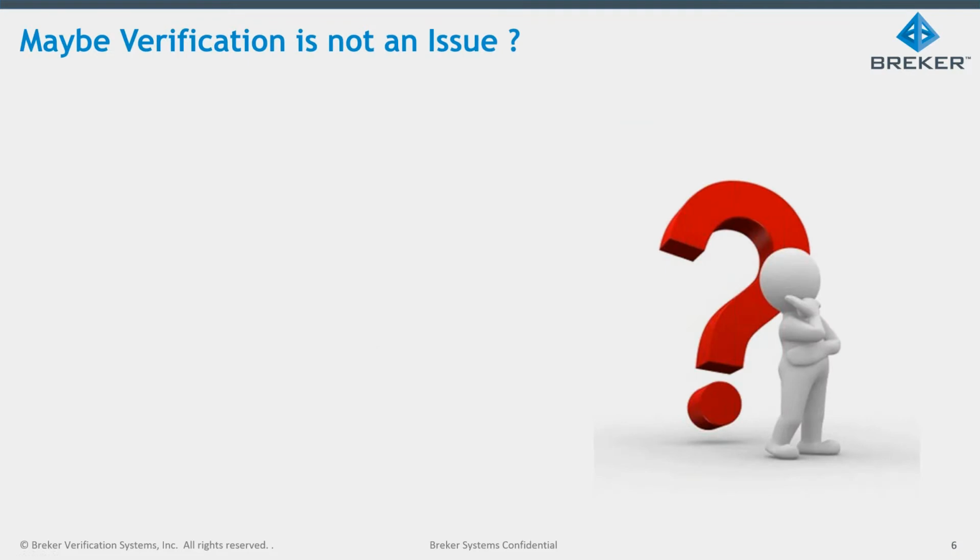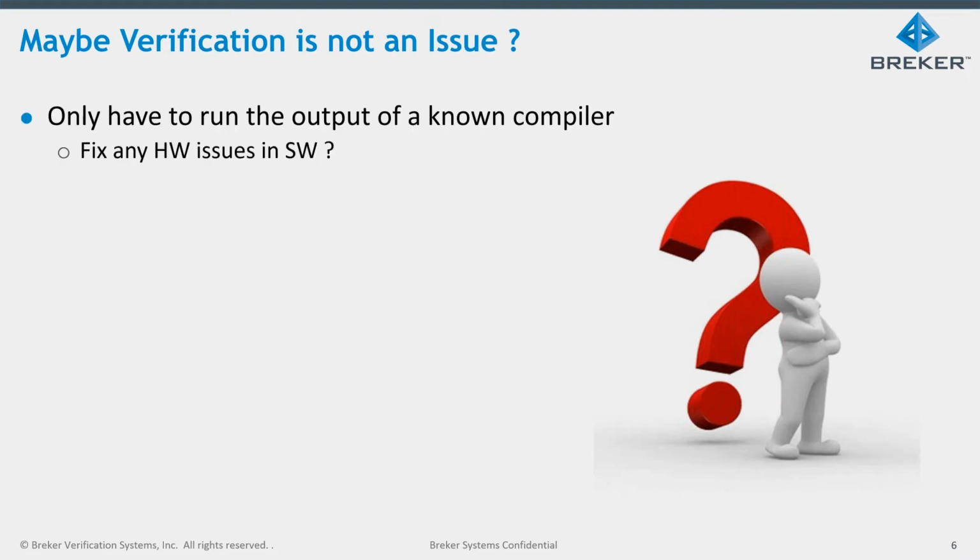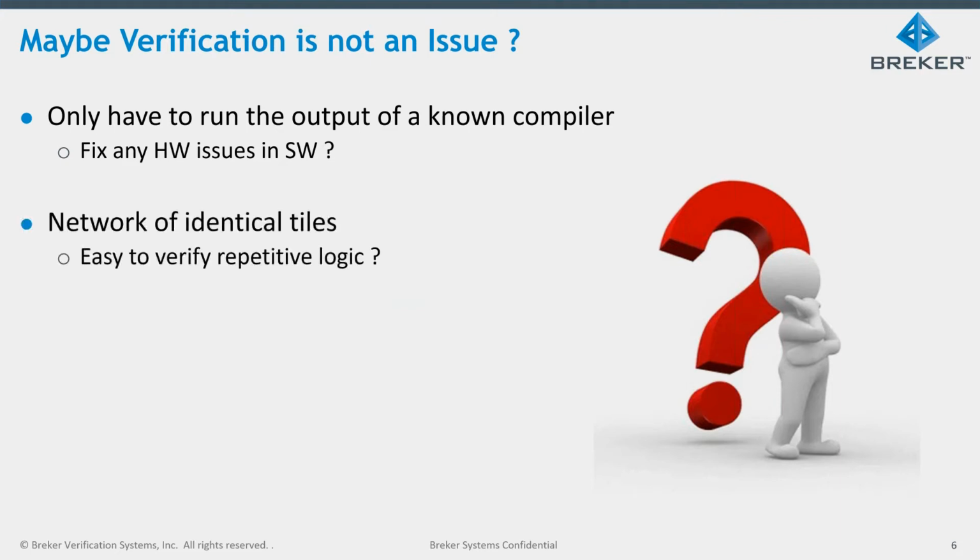Now, these AI chips, they're new, they're different, and the fact is people are trying to figure out what to do with them. And one argument is verification is simply not an issue. We're only going to run what's coming out of our compiler. If we screw up hardware, we'll just fix the compiler, and it's kind of not an issue. Besides, I'm building a design that's the same logic replicated over and over again. How bad could it be, right? I verify one piece, the rest just work correct by construction, right?